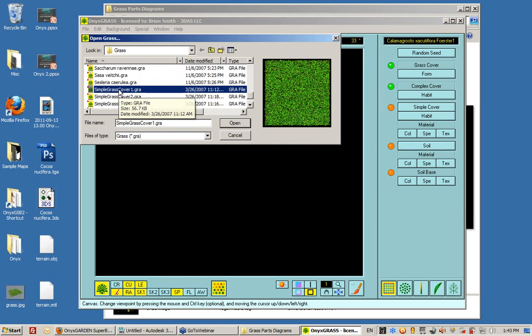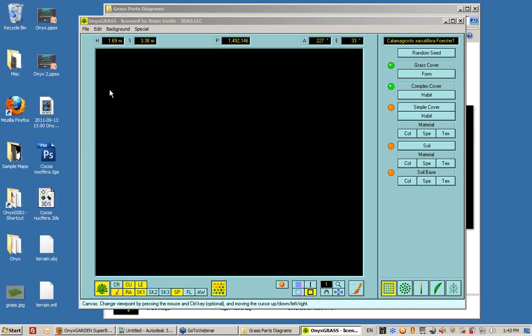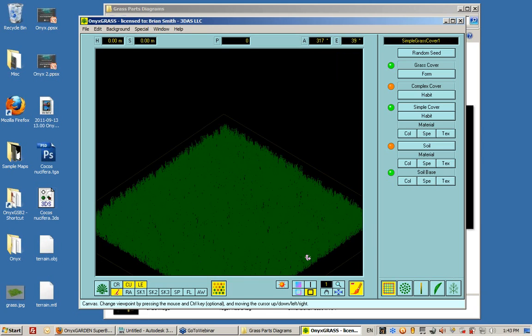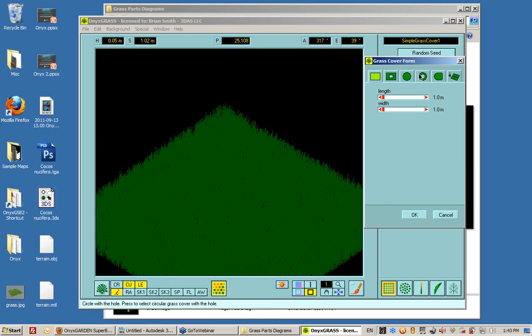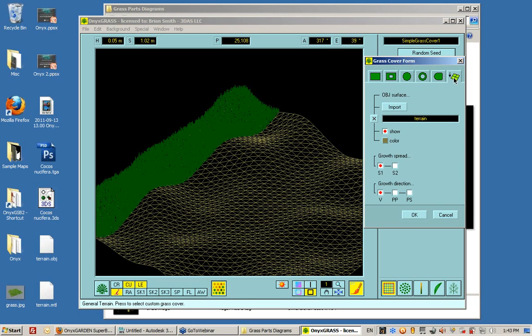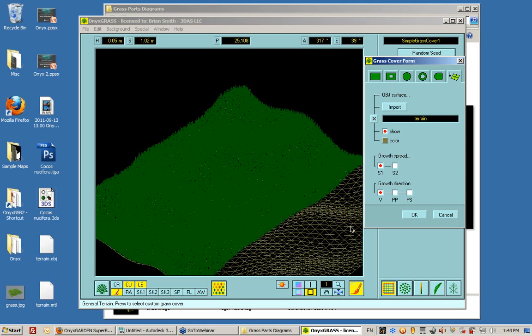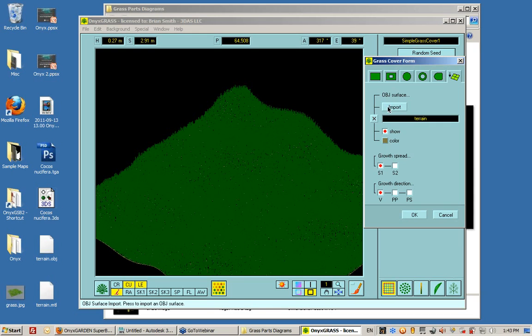If I load simple grass, that's going to be a much lower resolution, and for test purposes that might be what you want to start with. But it's just a really nice looking grass that I can load, and if I manipulate my view, you can see I have by default a square. I can change that again by going to this icon down here, grass cover parameters, then going to form, specifying the object import type, and now, since I already imported that terrain, I now have my simple grass populated onto the terrain object that you see here. I select OK,